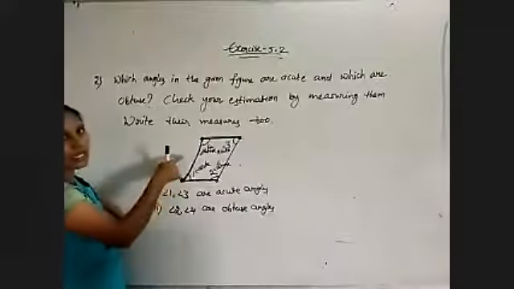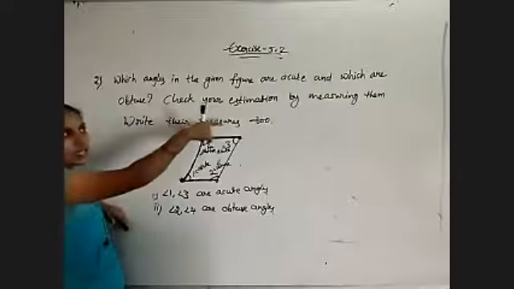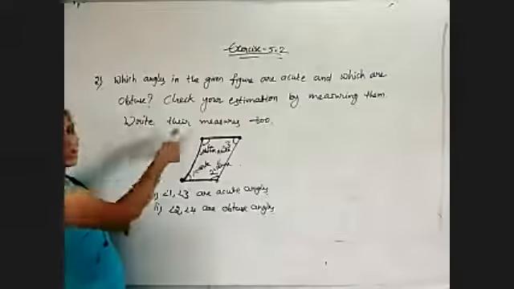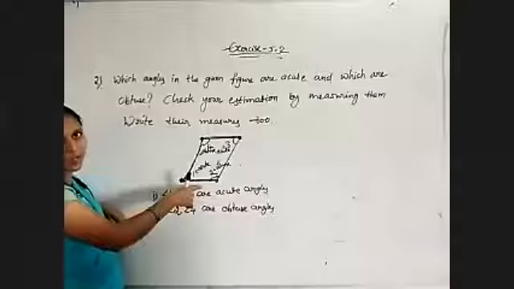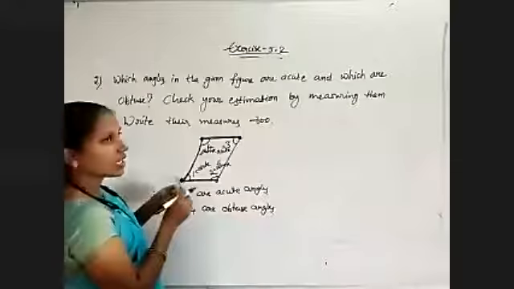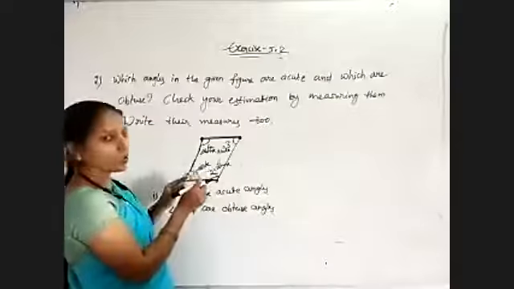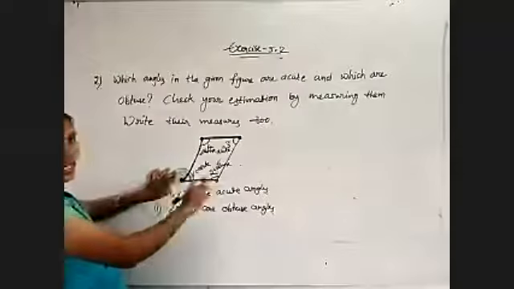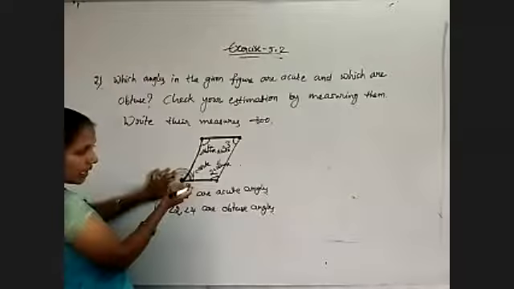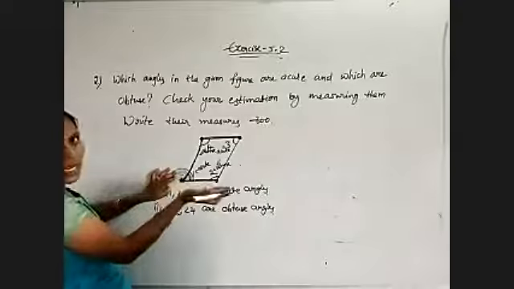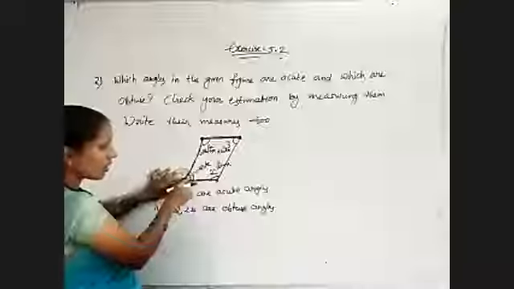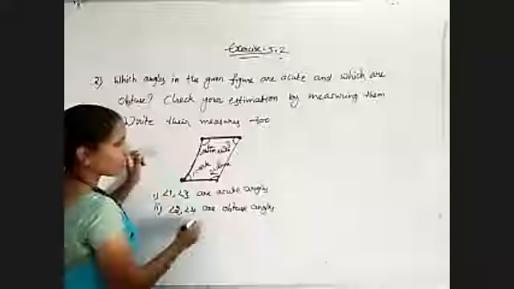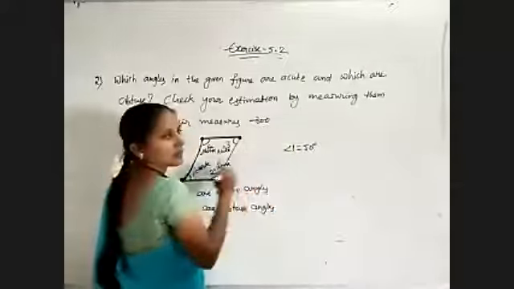Without measurements also we can say which are acute, which are obtuse. Check your estimation by measuring them. So is this correct or not? We have to check with the measurements. Write their measures too. Write whatever their measures we will get. For that sake, we have to use the protractor. So first of all, find out angle 1. As I told you, set the protractor at 1. Common point of the protractor at vertex and straight line on the arm. This one. So at angle 1, arm is lying at right side, means down values I have to check. So it is showing 50 degrees on the protractor. So angle 1 is equal to 50 degrees.